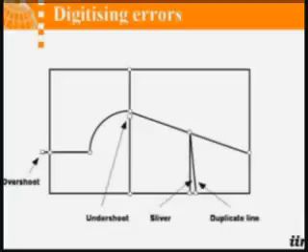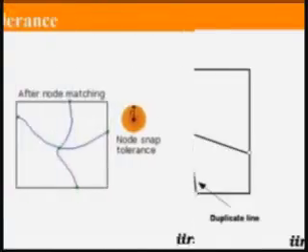And sometimes what happens is, you will also create your lines 2 times. That means it is called a sliver. Line over the line you create, that is called a sliver or duplicate line. So that means we have an overshoot, we have an undershoot, and then slivers. So these are the digitizing errors that we incorporate while digitizing.